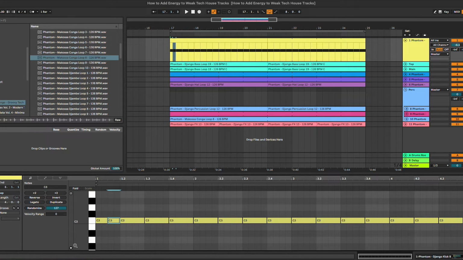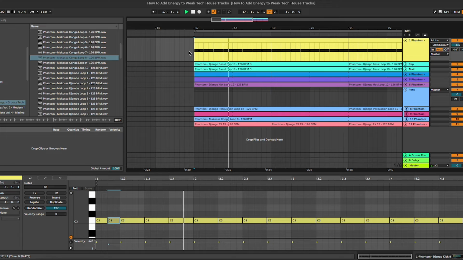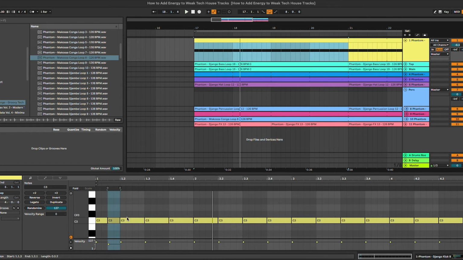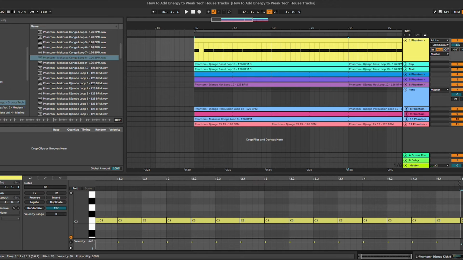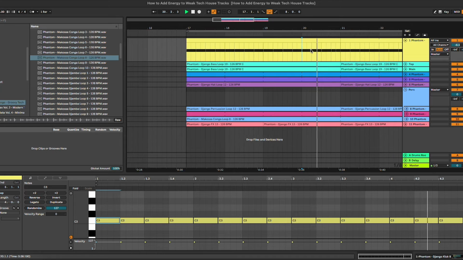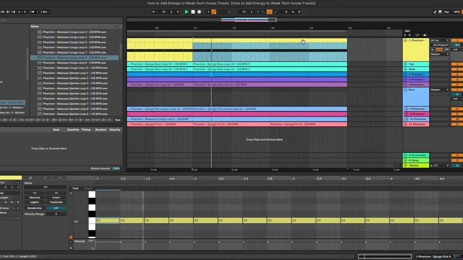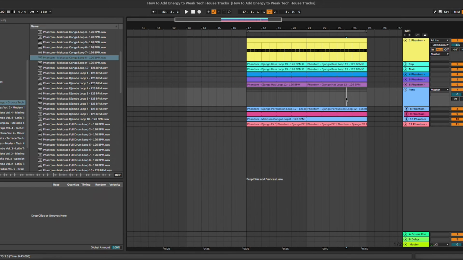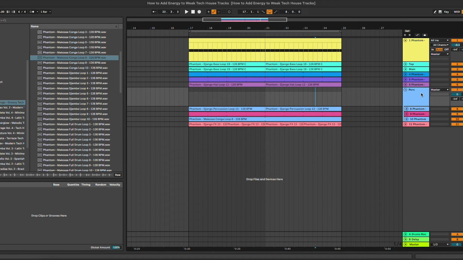You can add it at the beginning. Usually recommend to reduce a bit the velocity of the second kick drum. So like this at the beginning of the drop or towards the end to add some variation. Yeah, and this is in general the easiest way to create a fill,